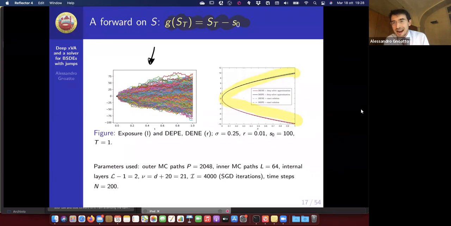What we have here are future trajectories of the contingent claim. It means that we are repricing, recomputing the price, a lot of times, but this is easy because once you store the weights and biases of the neural network, it's a piece of cake to simulate these trajectories.